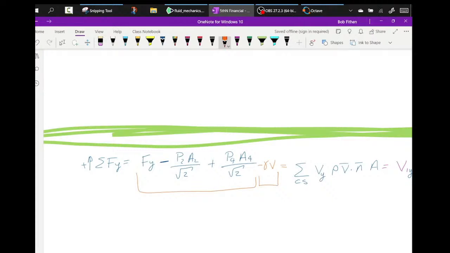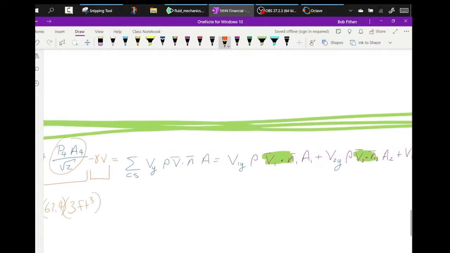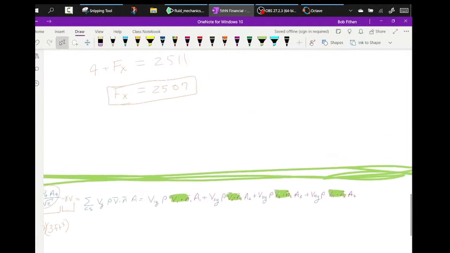Now, we already talked about this pressure, and this pressure is 0, so what I get is Fy. Let's assume 62.4. Let's assume it's 3 cubic feet. And now, what I'm going to do,